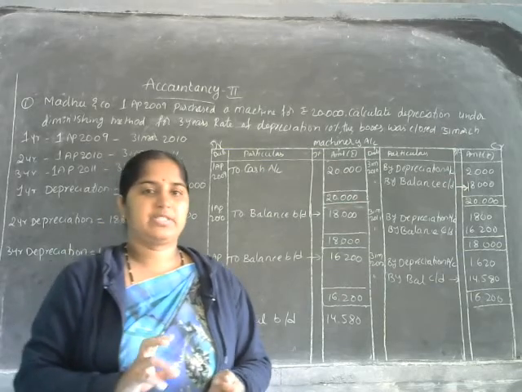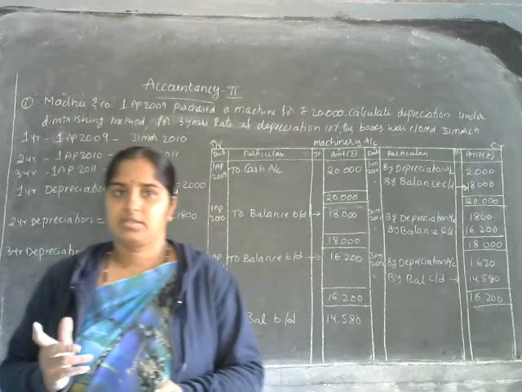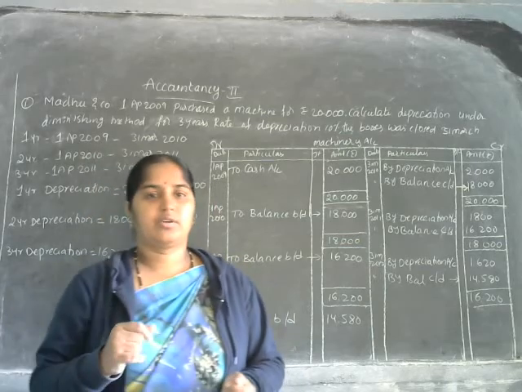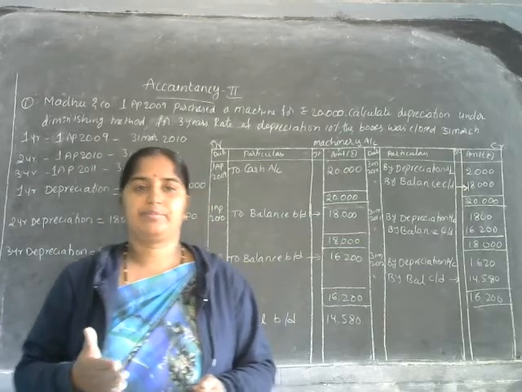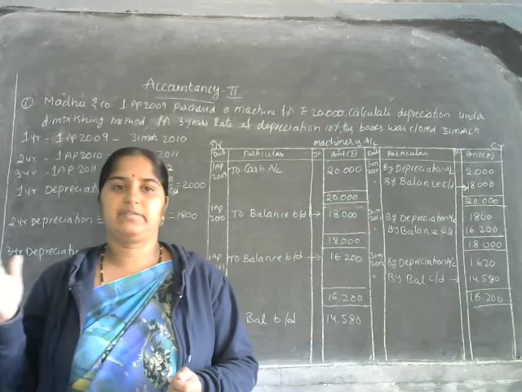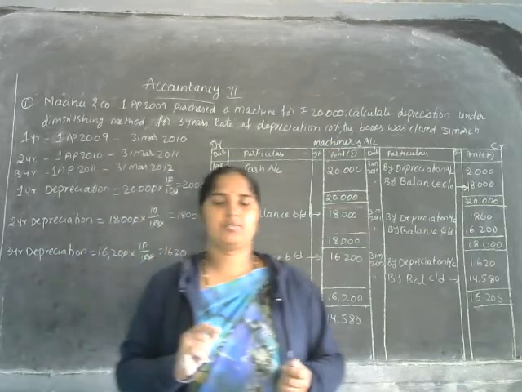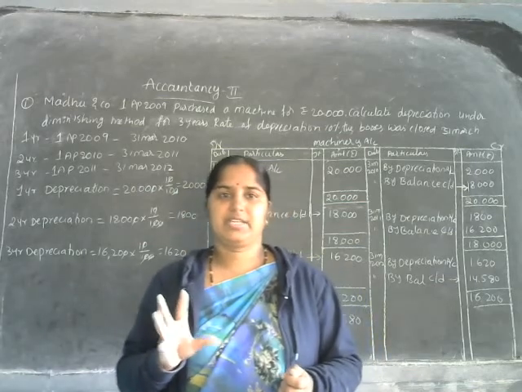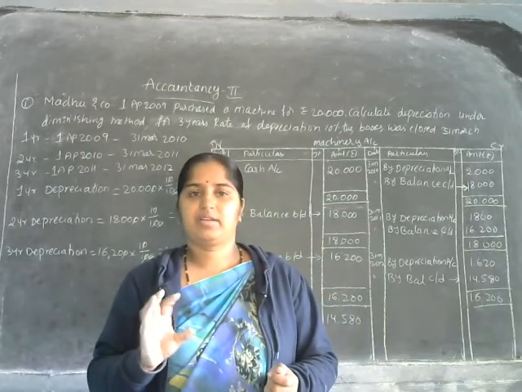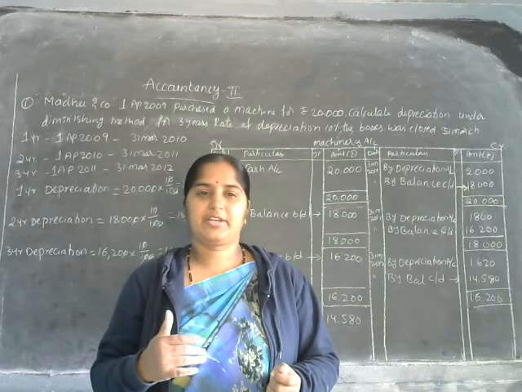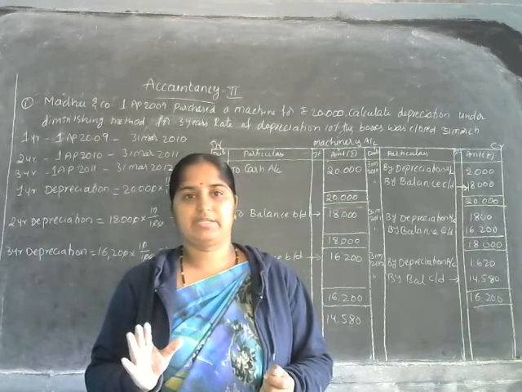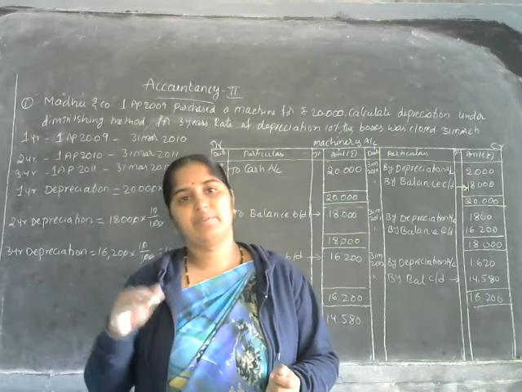For example, we purchased on something July or August. So what we have to do from the date of purchase from August to 31st March, how many months are there calculated? Is it right? In that case, what happened? The value of depreciation is a little bit, okay, some value. And in the second year, we are calculating for the 12 months. In that case, the depreciation will be increased.